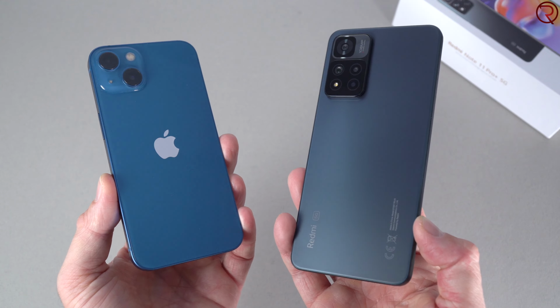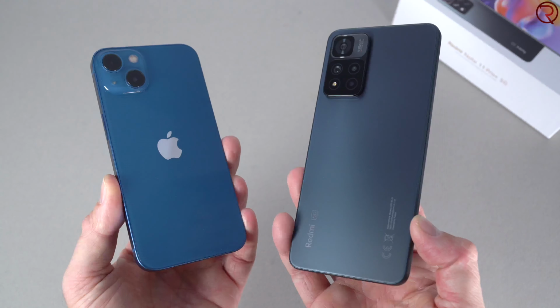Now, I've also included a camera comparison between this phone and my iPhone 13, and the main reason why I'm including that comparison is so you can see what a mid-range device like this can do when compared to a flagship like the iPhone 13. And if you're here just so you can check out that camera comparison, that one starts at this minute of